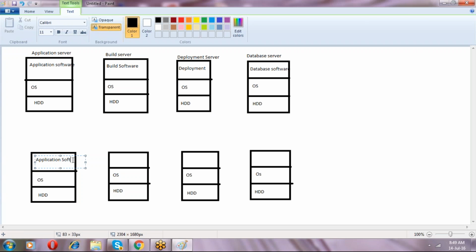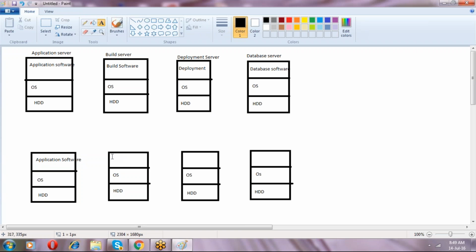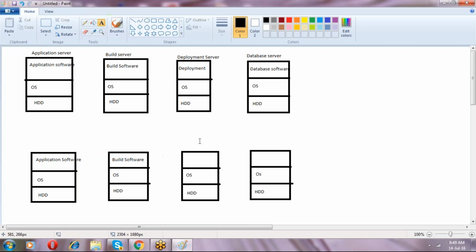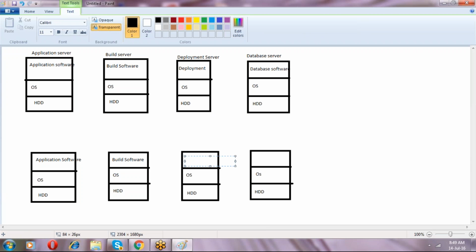Application software, and then build software, deployment software, and then database.